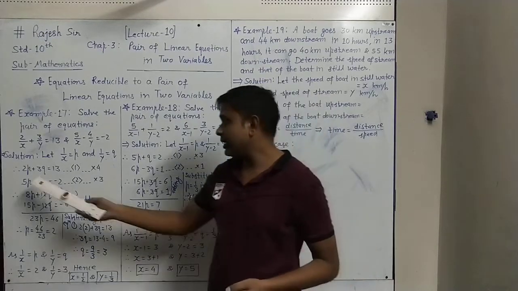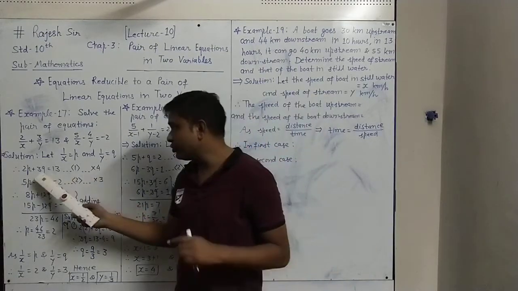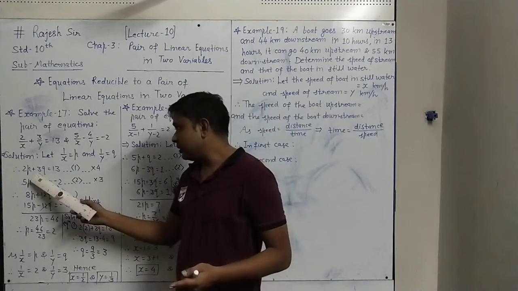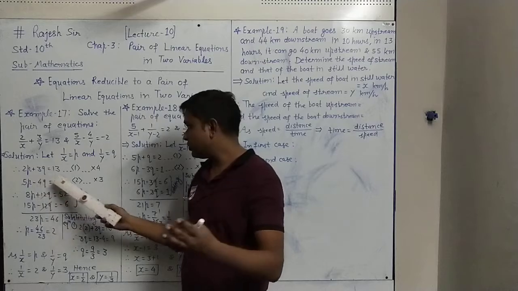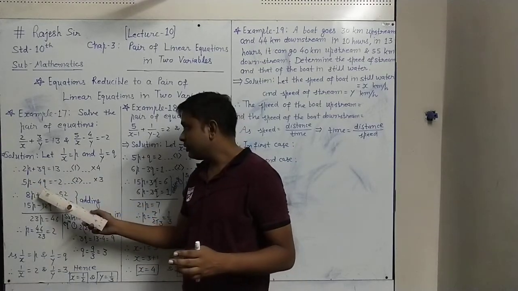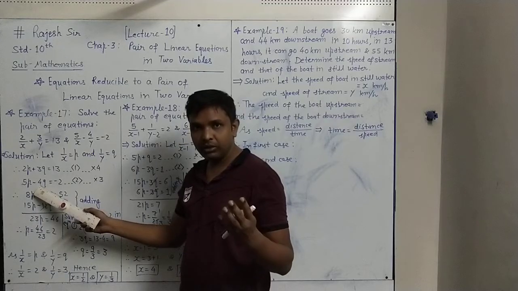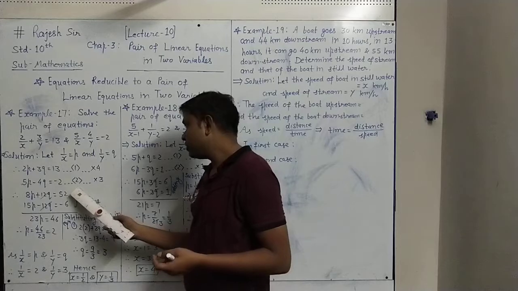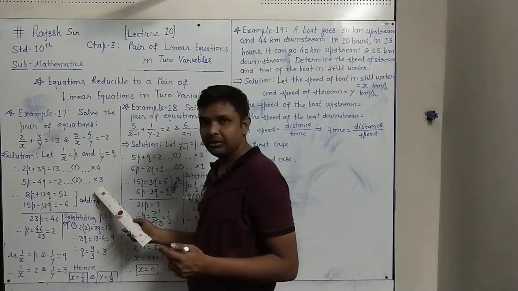So we will multiply each equation in such a way that the coefficient of q is 12 in both. Here we have 3, so multiply by 4, so this equation is multiplied by 4 to get 12. Here with q we have the coefficient 4. To get 12, how much do we have to multiply? 3. So equation number 2 we multiply by 3.